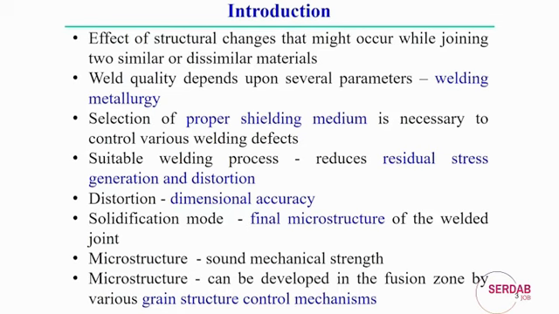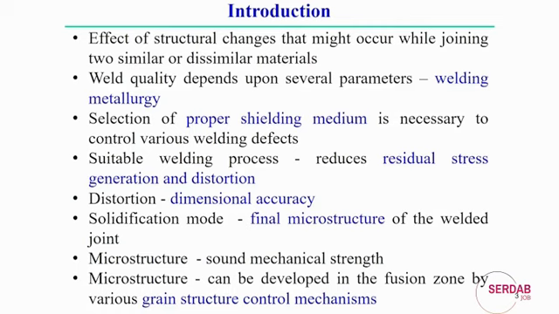So, stress generation, distortion and formation of the microstructure are actually linked with each other. Therefore, they are interactive phenomena that we need to investigate, but it is not possible to cover a detailed analysis of all the microstructural phenomena in this module. We will try to look into some basic concepts that generally happen during the welding process,